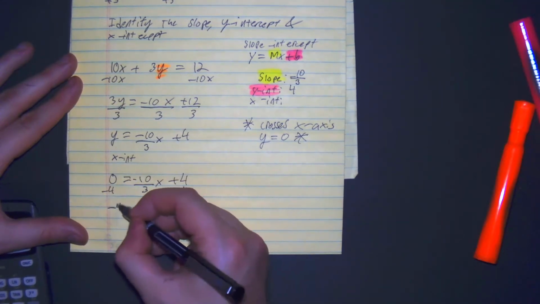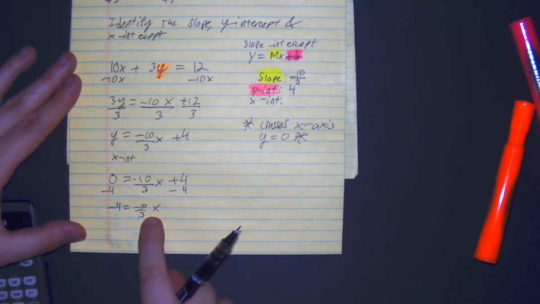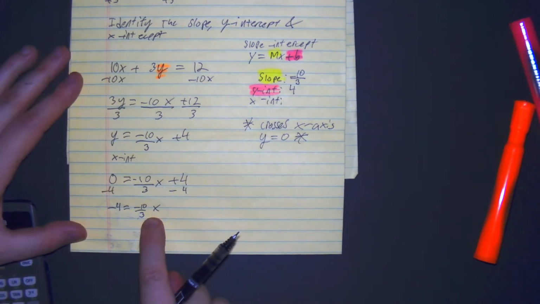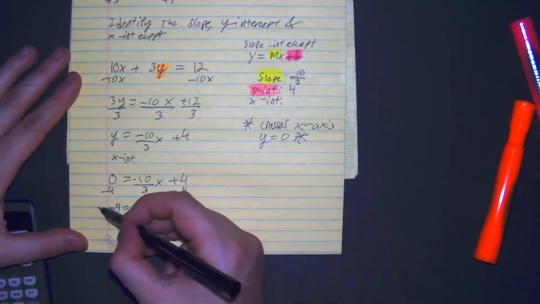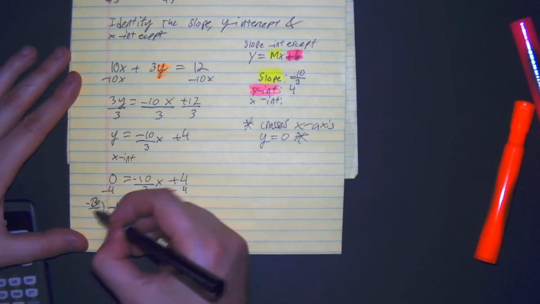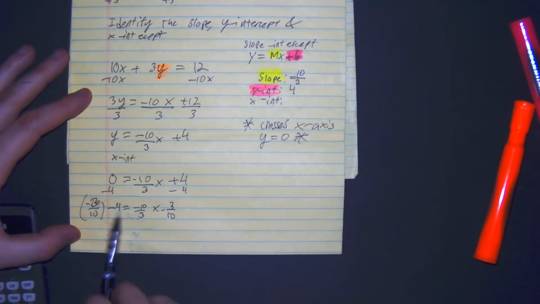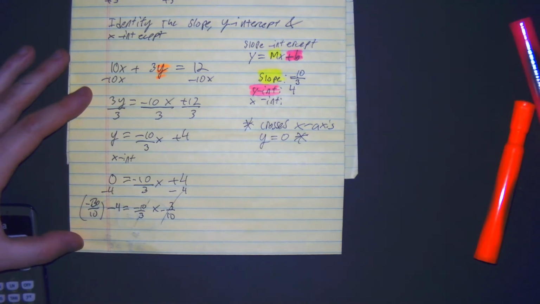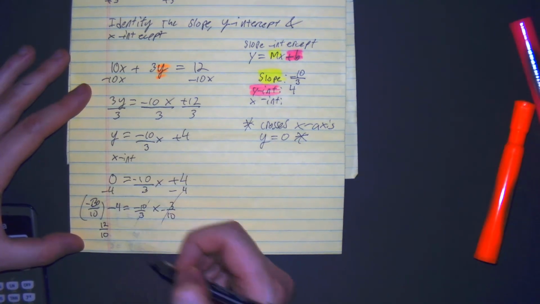We get negative 4 equals negative 10 thirds x. From here, to get x by itself, I'm going to take the reciprocal of both sides. So I'm going to multiply both sides by negative 3 tenths. Oops, 3 tenths. So you get negative times a negative, or this cancels. So we're left with 3 times 4. Negative 3 times negative 4 gets us 12. So we're at 12 over 10